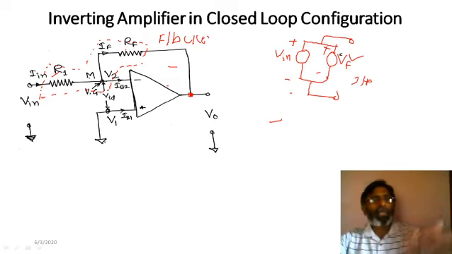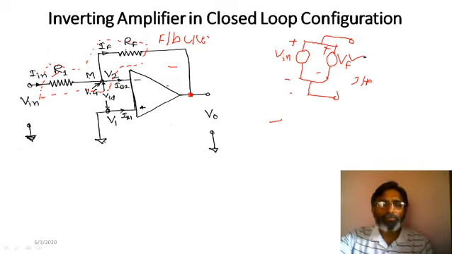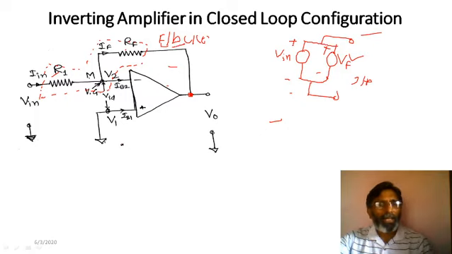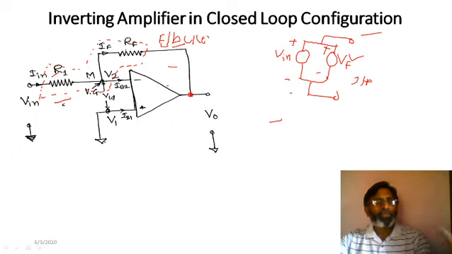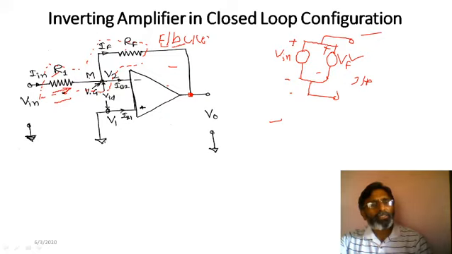Now exactly the same thing happens here, because in this case, as I told you, the feedback circuit is basically the circuit formed by RF and R1. RF and R1 act as a voltage divider circuit, and whatever the potential is across R1, this potential is the feedback signal which is applied at the input. In this case, the current flows through this R1 in this direction. So if the current is flowing in this direction, this is plus and this is minus, for V in, this is plus and this is minus.